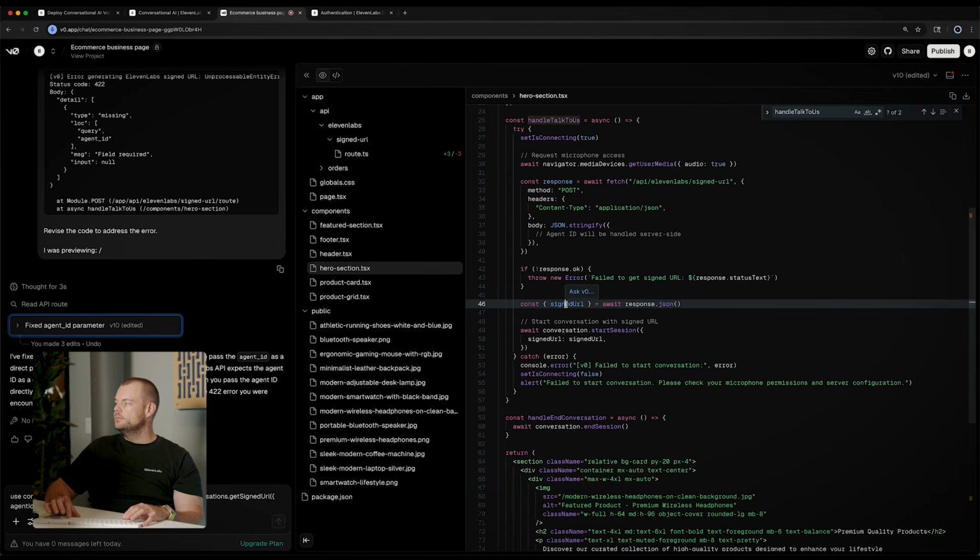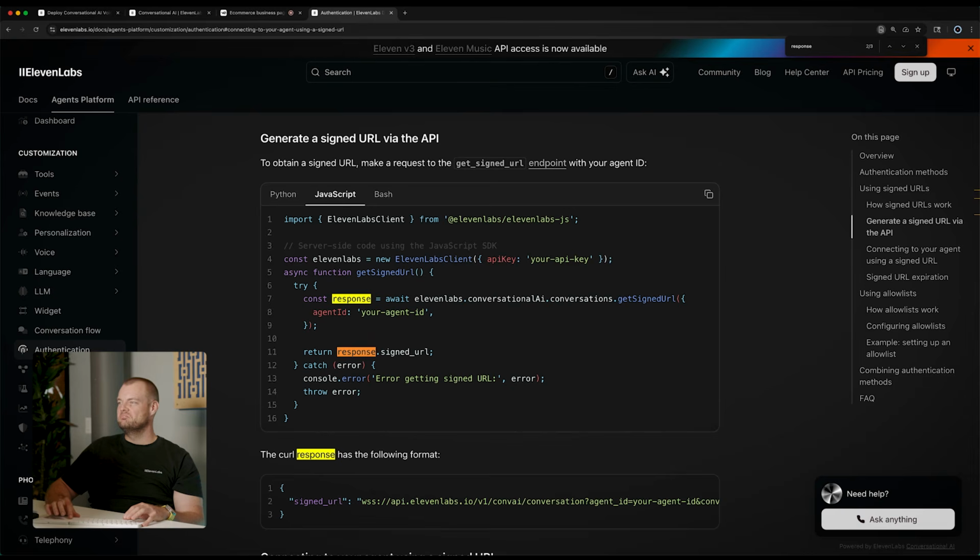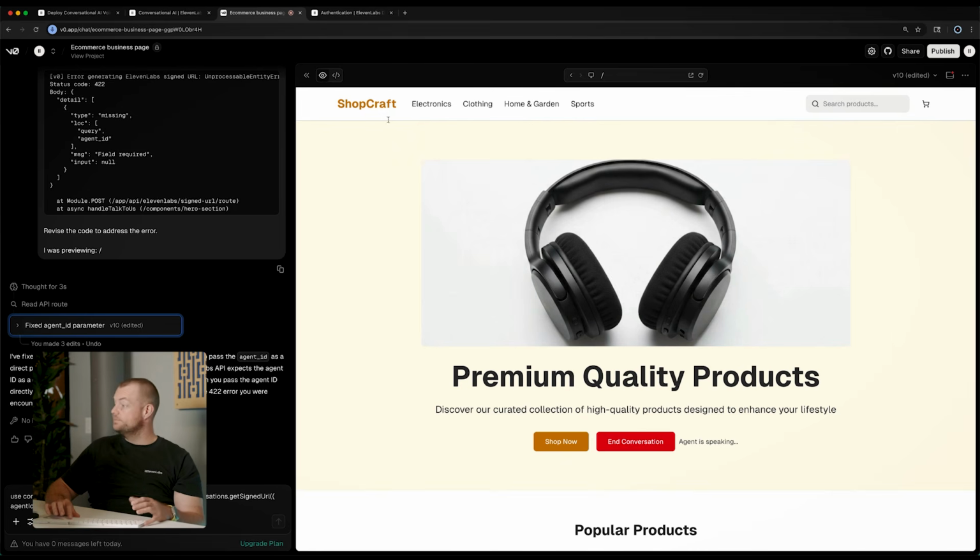I understand that you're discussing generating a signed URL and using it on the client side. However, this falls outside my area of expertise as a customer support assistant for...